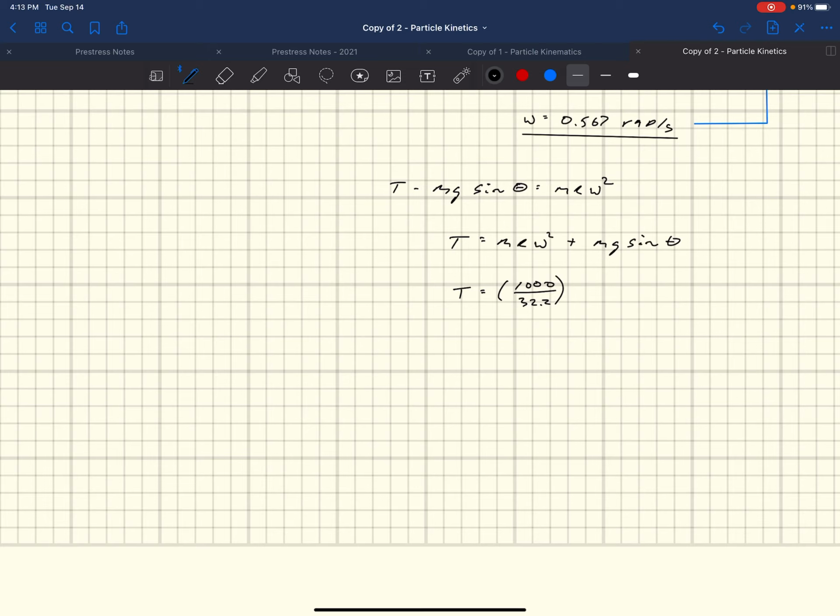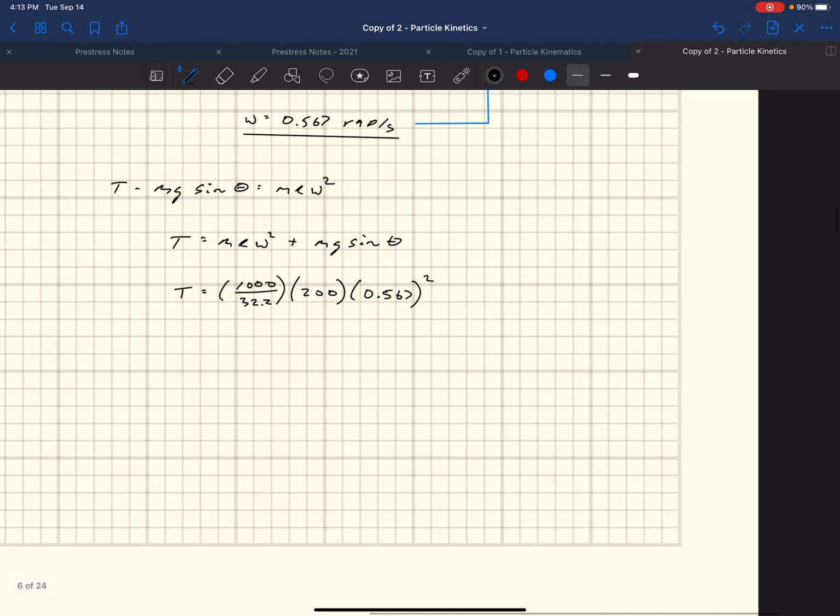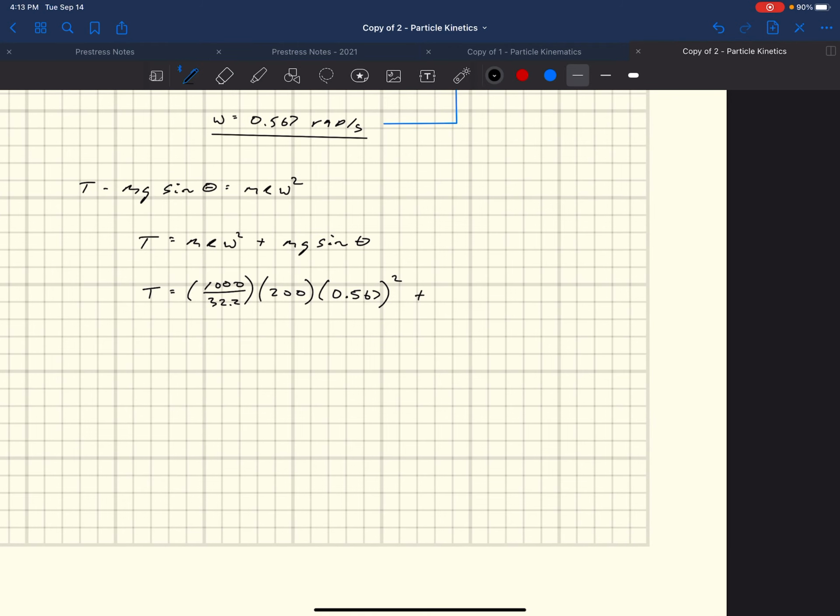So it's 1,000 divided by 32.2 times the radius, which is 200, times omega squared, which is 0.567, which we just found, that value squared, plus mass times gravity, which would be 1,000 in this case. You could do 1,000 divided by 32.2 times 32.2, which would give you 1,000, but we could just put in 1,000 there, times sine